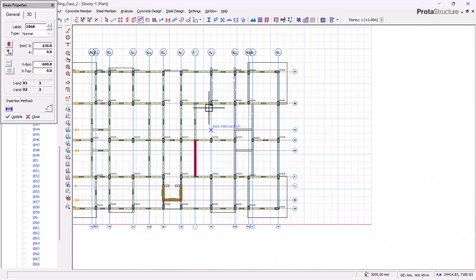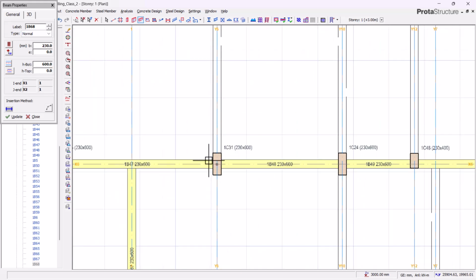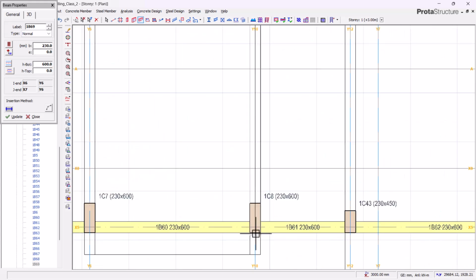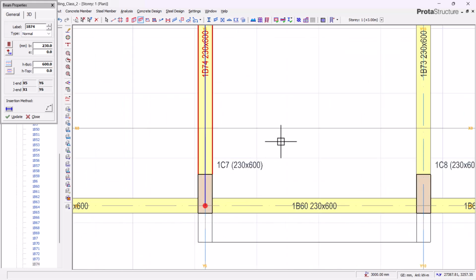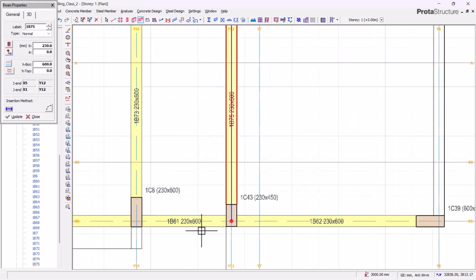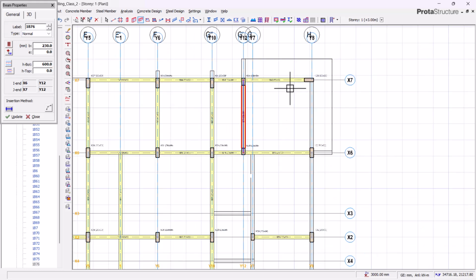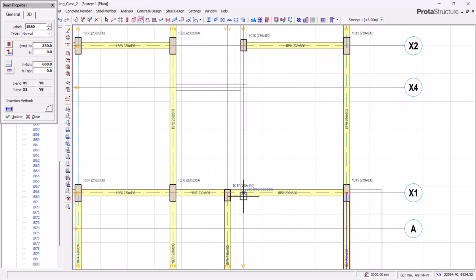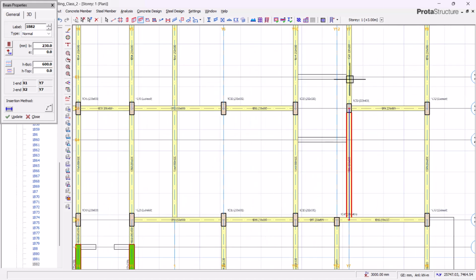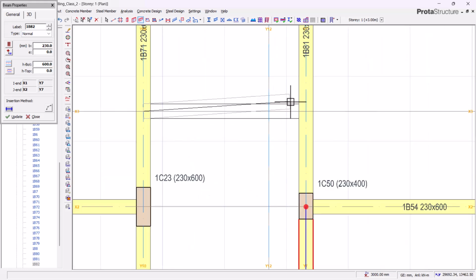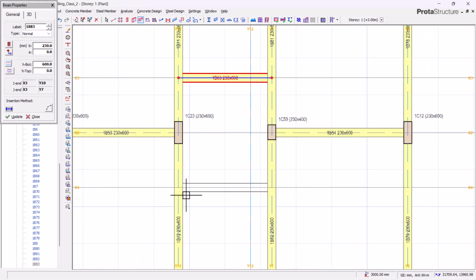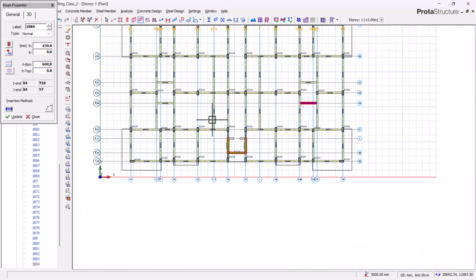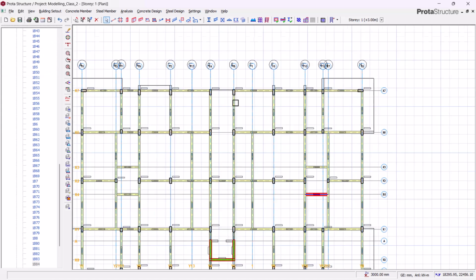Okay, next is this, and also we have to model this, our void positions. All right, now we are done with our beams, and let's take a look at what we've done so far